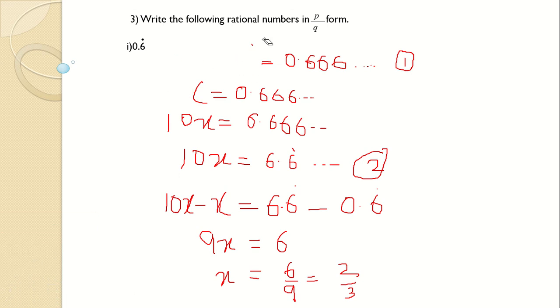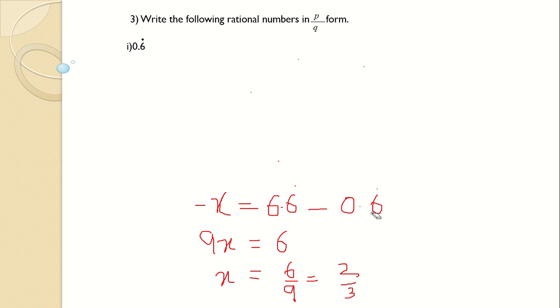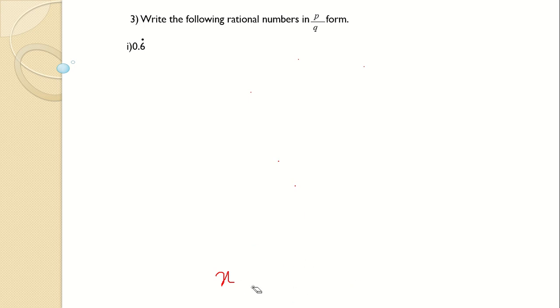I hope it was clear, and even if it is not clear to you, we will go over this sum once again, because this is slightly new to you. You have not done this ever before, but once you understand the sum, just fix the steps in your mind. There are just 3 things that you have to know initially, and if you can do those 3 things perfectly, there are no chances that you will go wrong in this sum. First step is just to assume it to be x, then multiply and then subtract. That's it. Assume x, multiply, then subtract.